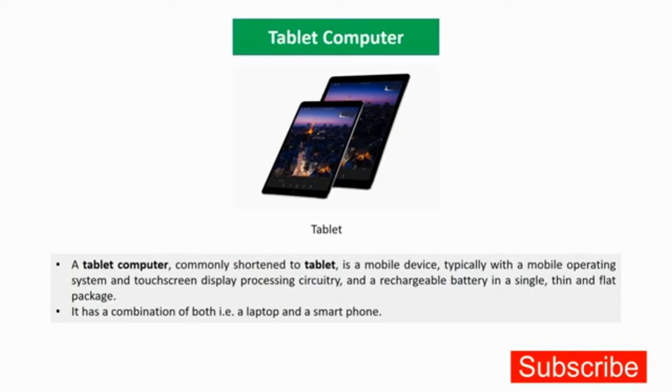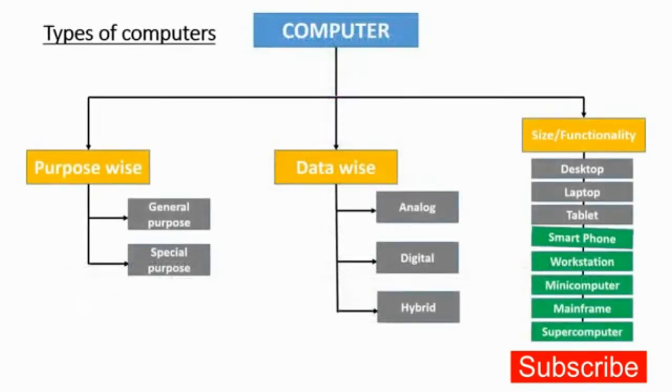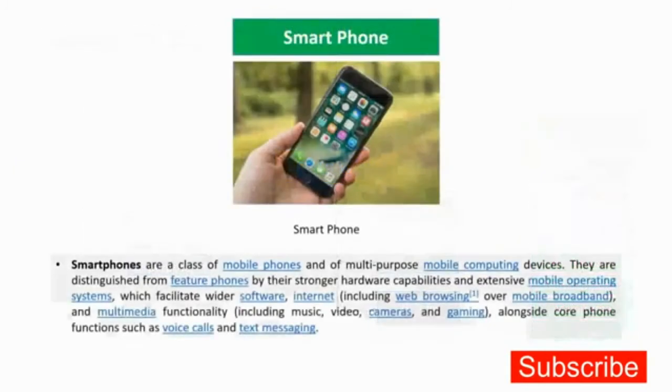So it is a kind of a combination of a laptop and a smartphone, but it is not fully a laptop and neither is it fully a smartphone, understand it, it comes between them. So if you want the functionality of a laptop as well as of a smartphone, you can always go for a tablet, which is also a digital machine. Then comes the smartphone. I don't think anybody really requires an introduction to this.